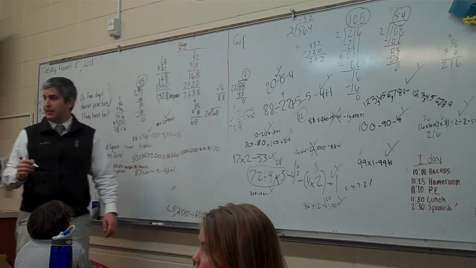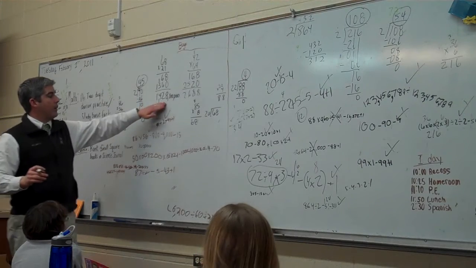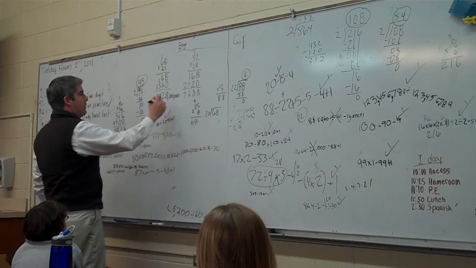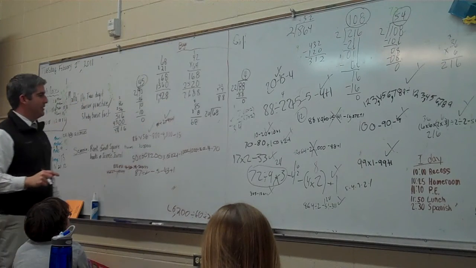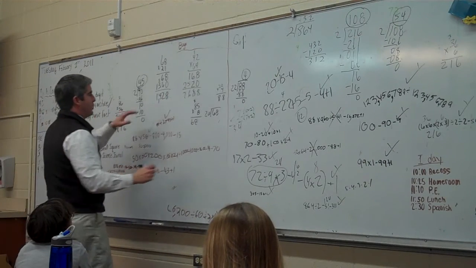Yes. Did I mess up? Yes. Oh, I'm sorry. It's this one. That's what I was thinking. My bad. So we're taking this. It's down to this. Is that what it's down to? Yes. Sorry, my bad. So it's 1,428